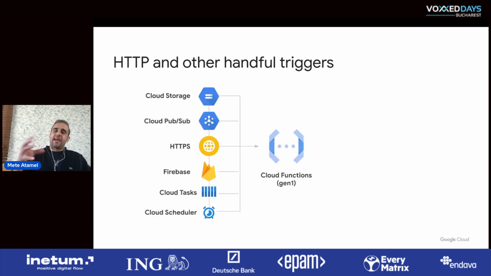Now, again, when you look at these functions, initially they were HTTP based. So you had HTTP calls triggering these functions. And you had a handful of triggers as well beyond HTTP. So for example, on Google Cloud Functions generation 1, you have Cloud Storage events where someone saves a file to a storage and that triggers an event. It's still HTTP based, but that eventing is asynchronous